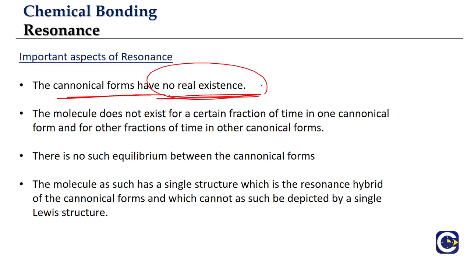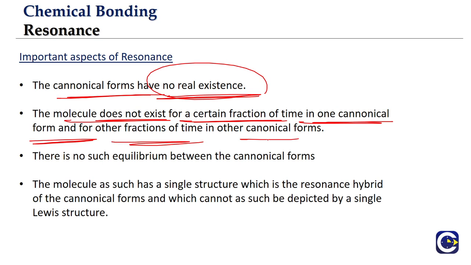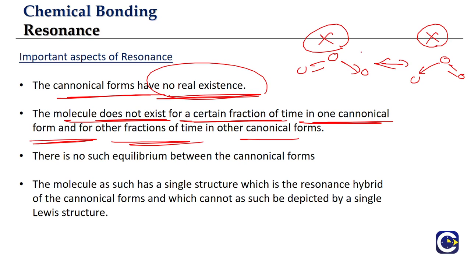Okay, and the molecule does not exist even for a fraction of time in one canonical form or the other, which means what? For ozone, we say there are these two canonical structures, right? The actual ozone, even for some fraction of time, is not going to exist in either this structure or that structure. Canonical forms do not really have any existence, and there is not even this concept of equilibrium, because